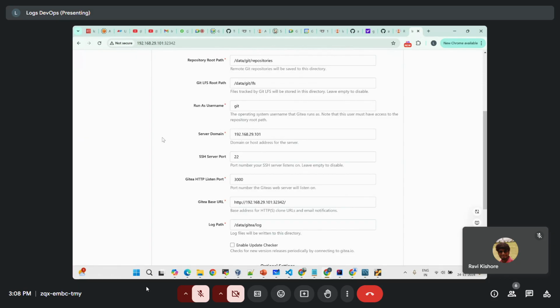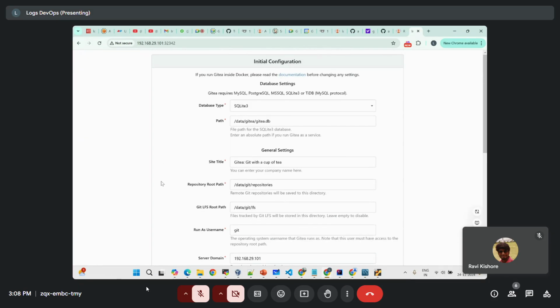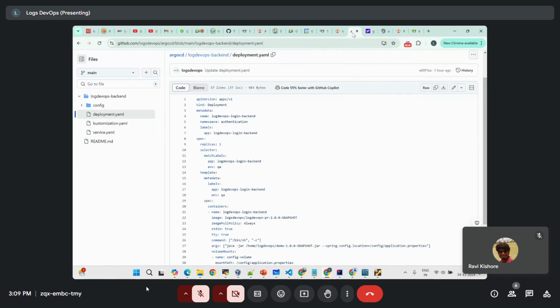So for this, first we need to study the persistent volume. That is a part of Kubernetes, so that I will teach you after some classes. Meanwhile, today what I will do is show you from GitHub. So what I did here, see,